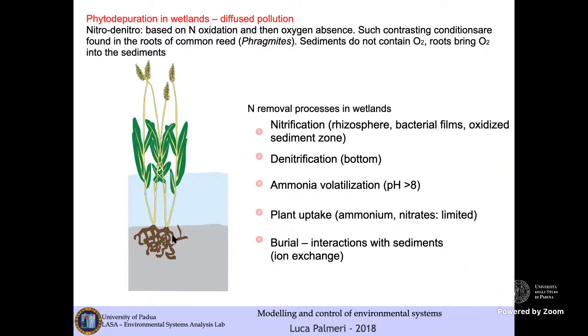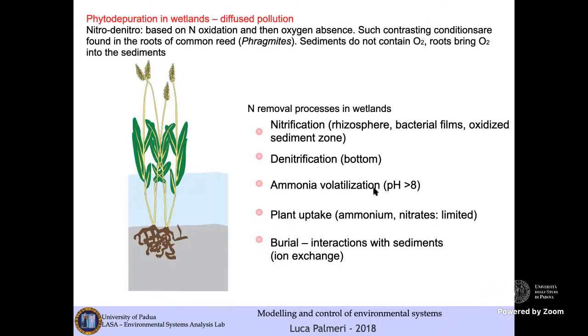What are the key nitrogen removal processes in wetland systems? The first one is nitrification in the rhizosphere, bacterial films, oxidized sediments zone. Then you have denitrification in the bottom area, in which you do not have oxygen. Then you have ammonia volatilization, but this is a process that is strongly controlled by pH. So you have ammonia volatilization only in high pH conditions, so pH larger than 8. And plant uptake, so this is ammonia transfer from water and soils